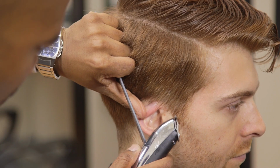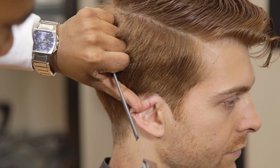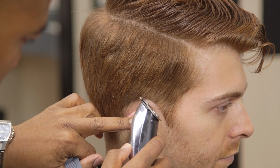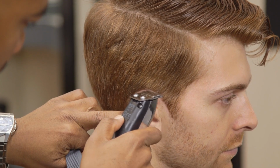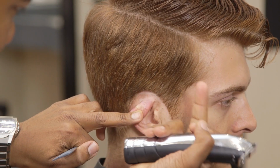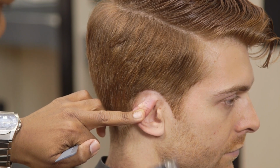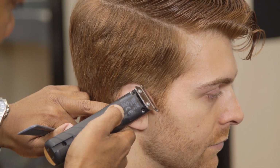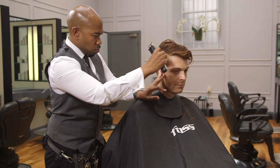I'm just going to work around using the corner of our trimmer, pinning the hair back down and keeping a natural line, an arc shape around the ear. So we'll come back on ourselves because the hair's growing backwards, to make sure that line is nice and crisp. We're just going to work that across to the front, clean up any hair that's on the ear, pinning the hair back, using our comb,